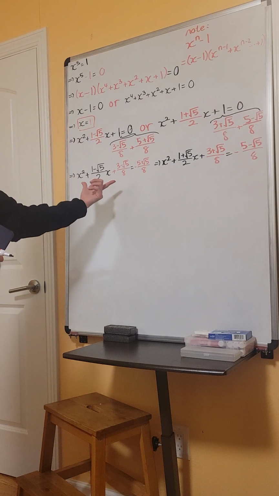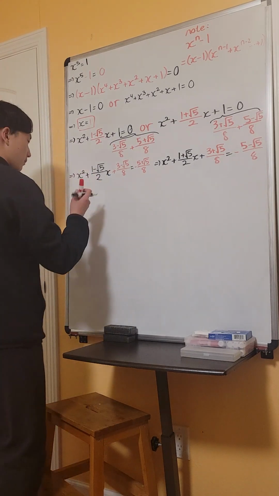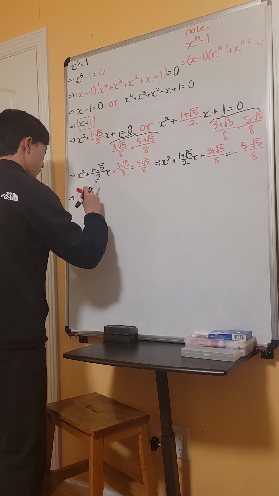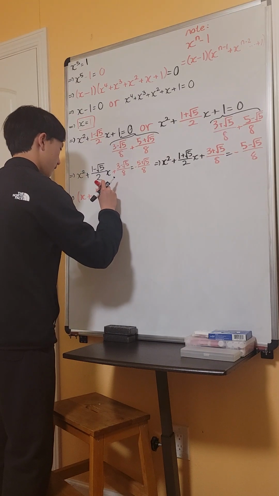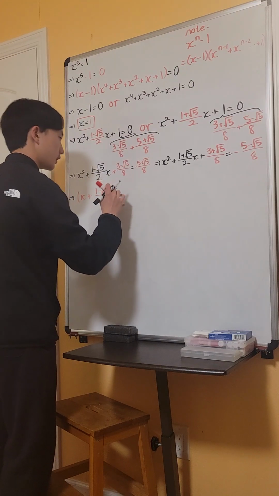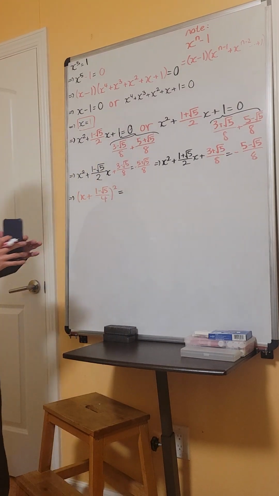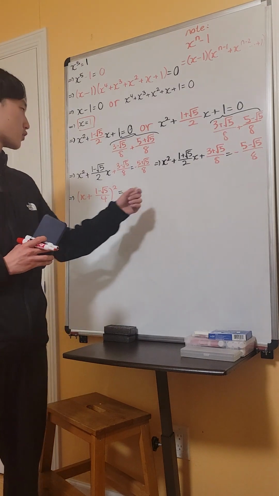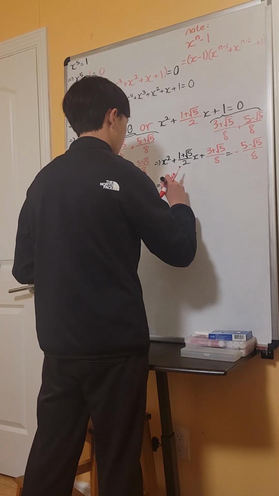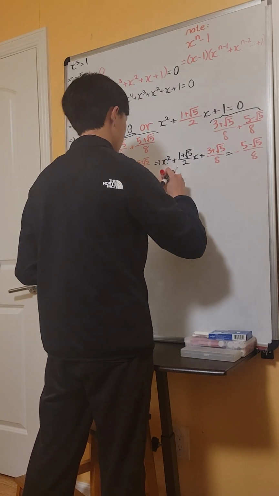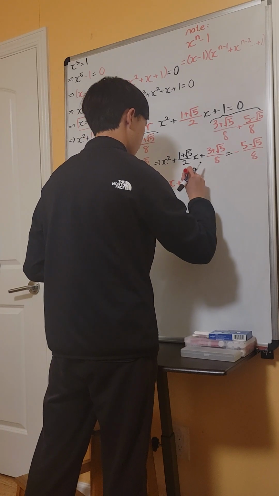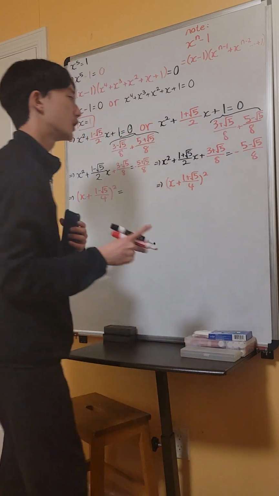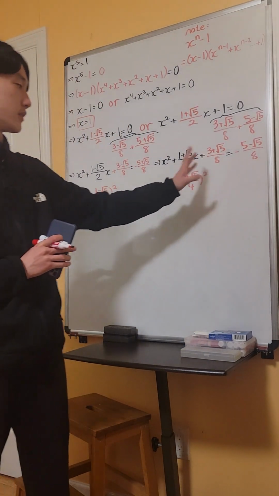Well, the point of completing the square, right, is to write this as a perfect square. And in this case, our perfect square would be x plus 1 minus root 5 over 4 squared, right? And we have to take the square root on both sides. Rewriting this as a perfect square, you get x plus 1 plus root 5 over 4 squared. Now, you can't reverse the order of subtraction because